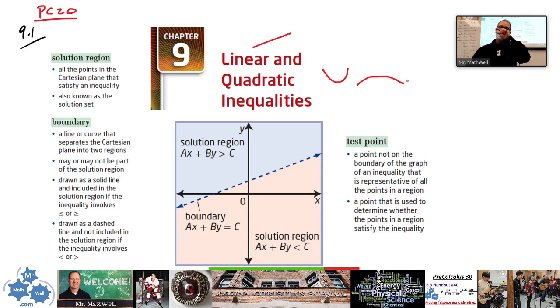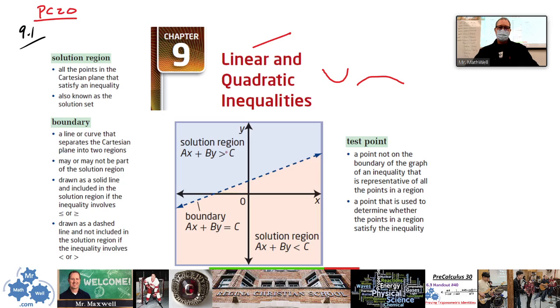An equality is an equation, and in an equality, we're looking for the points that are on the line, right? But with an inequality, we're looking for points that are either greater than the line or less than the line, and in some cases, also including the line. So the solution region